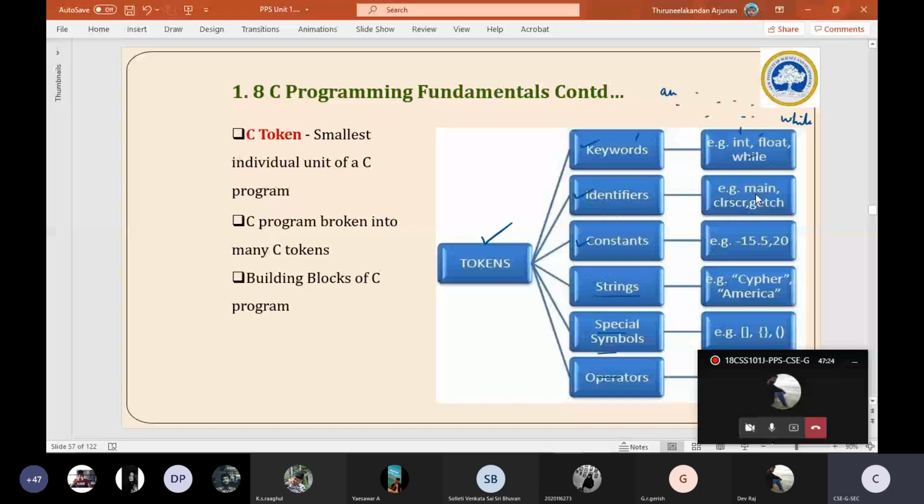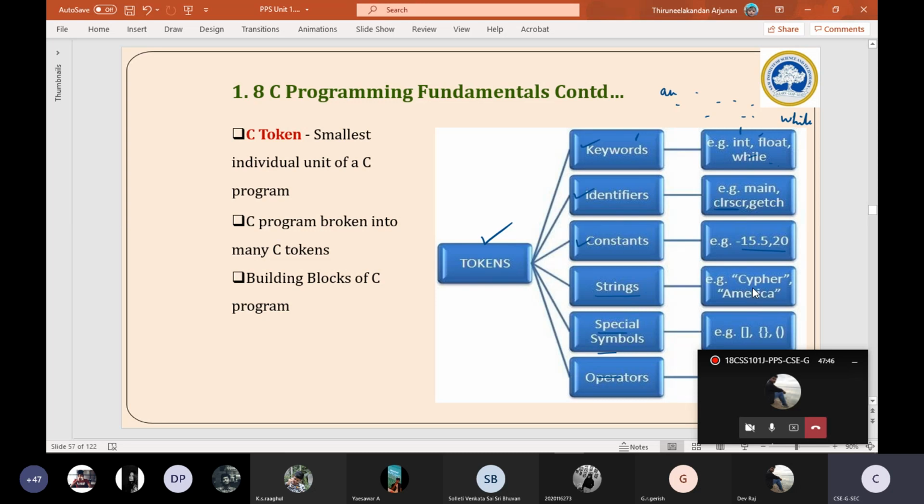And constants, like I said, such as 35.8 degrees Celsius, are designated values. And a string: you can store your name, my name, or anybody's name, a college name, under double quotes, and that will be treated as a string. So they all are the building blocks of our C language, referred to as tokens.